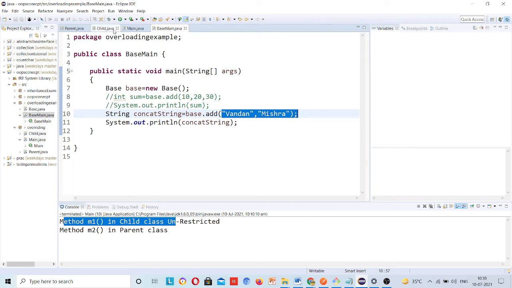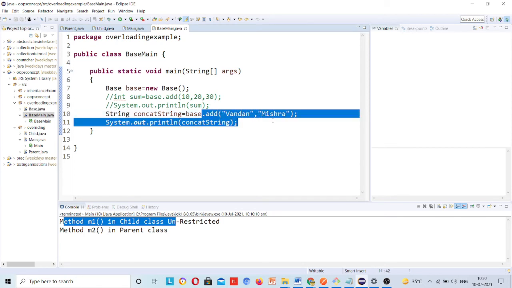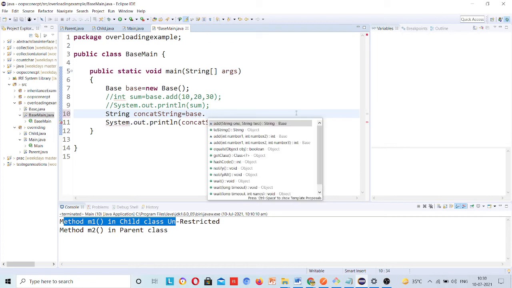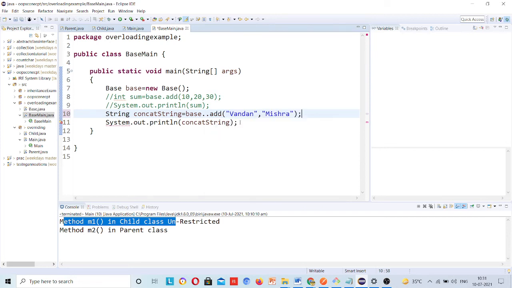Because whenever you are using the dot here, it suggests which method you want to call, string 1 string 2. At that time, when you compile this program, it will decide that I have to call the method which has two string parameters. So this is compile time, it is deciding that I have to call this method. In the code itself you are passing this information.